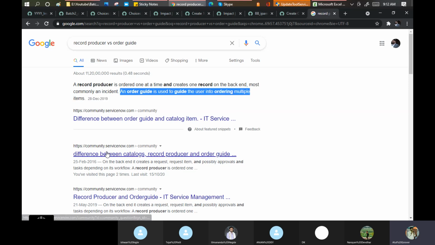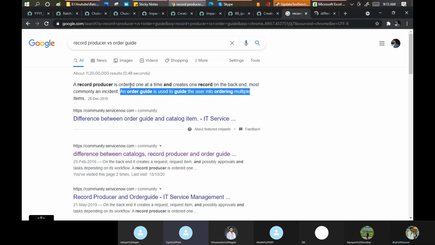People can ask you this thing, what do you mean by the catalogs as well? Let me take an example. When you submit a request for a laptop, how many records are created in the background? Any idea? When I submit a request from the service portal for a laptop, how many records get generated in the background? So only a single record? No, 2 records. One is REQ and one is RITM.